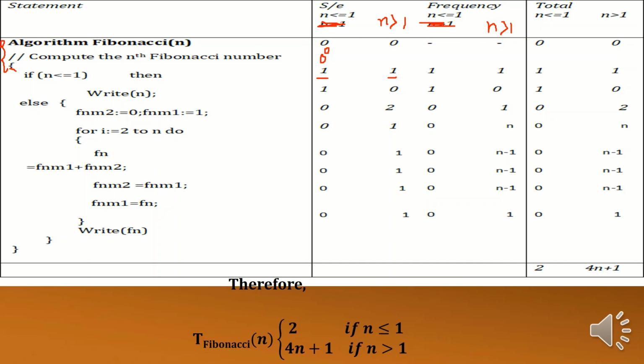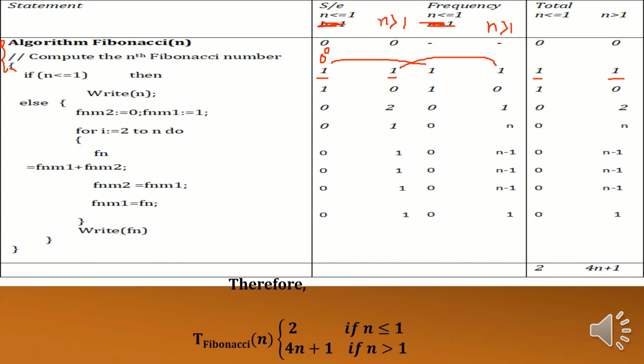Next, write gets executed only if the condition is true. So if n less than or equal to 1, then only this line gets executed. That's why for n less than or equal to 1 this is 1, whereas for n greater than 1 it is 0. So 1 into 1 is 1, then 0.